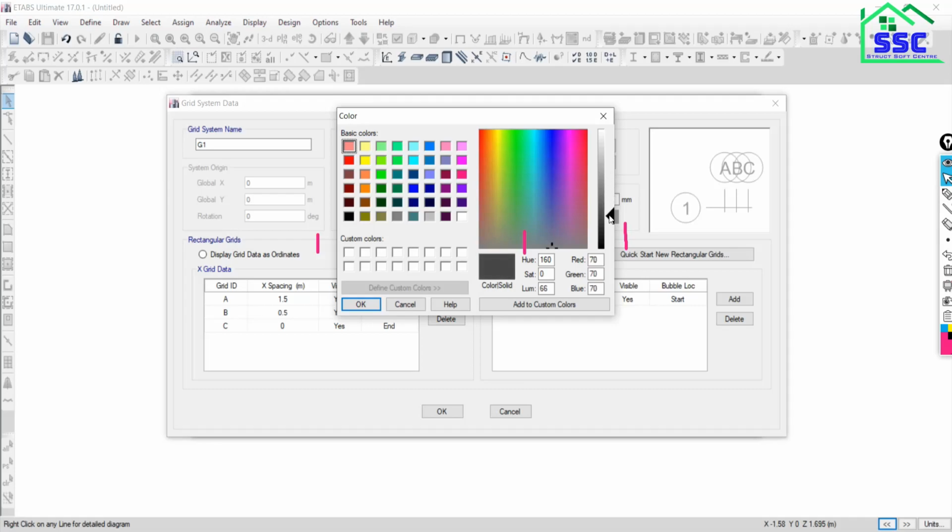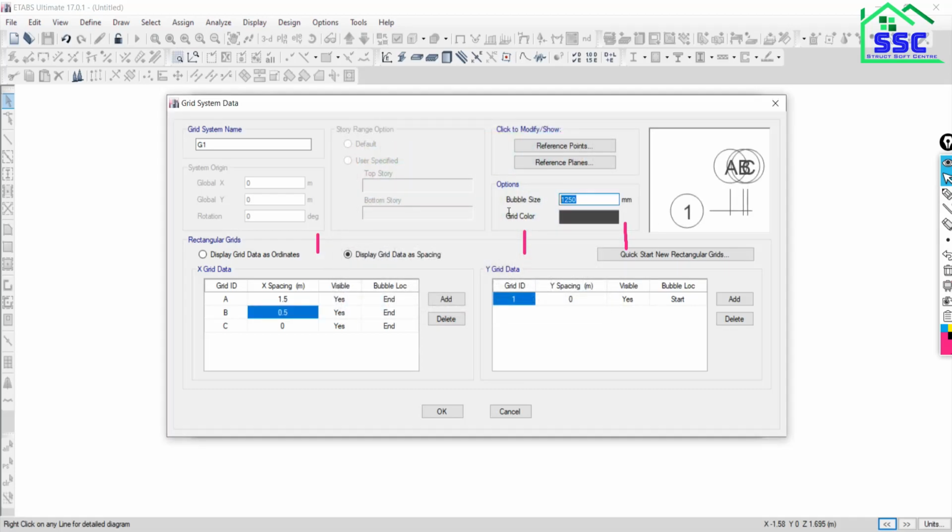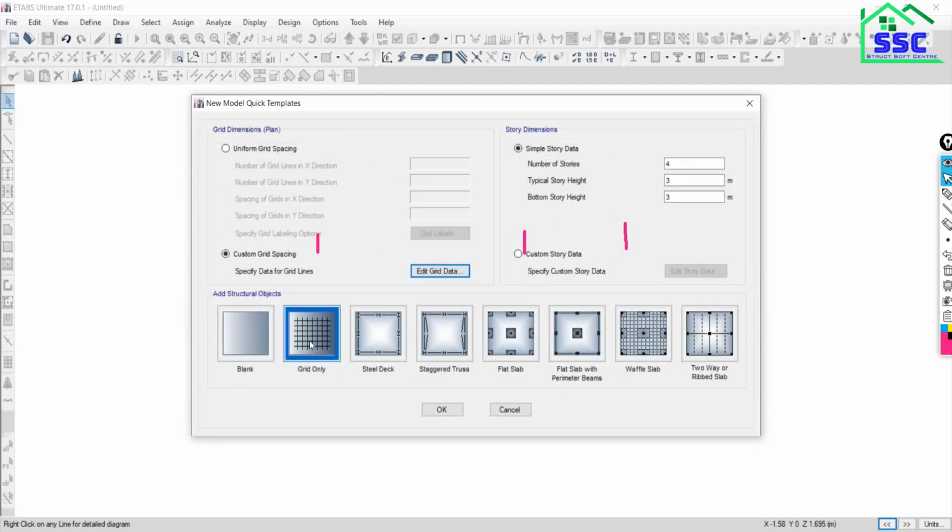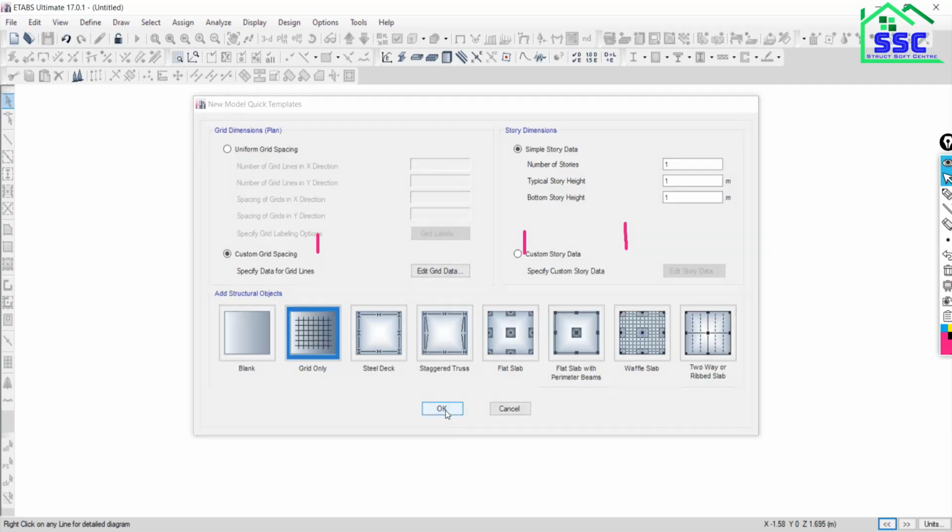Use some dark value, so okay, put 200, so all the bubbles will be separated clearly. Okay, we have to put the story data. So put 1, 1. We don't actually want any story. 1, 1. Grids only. So okay.